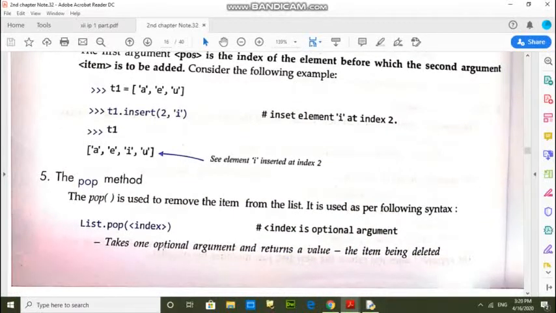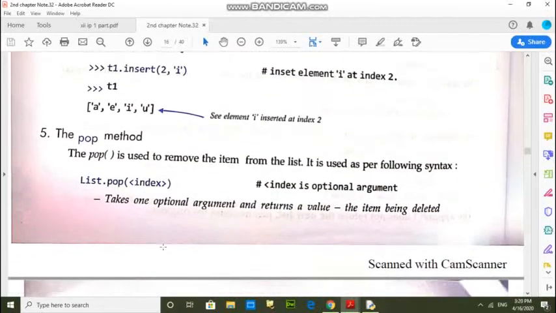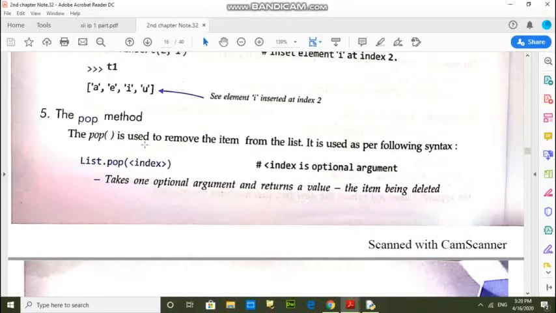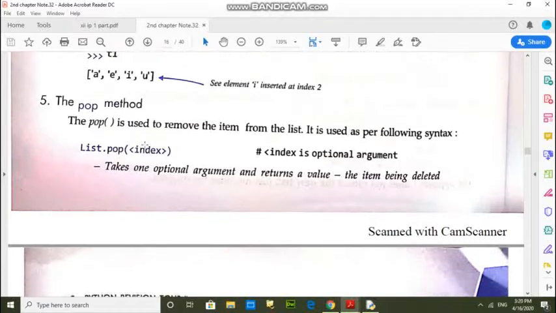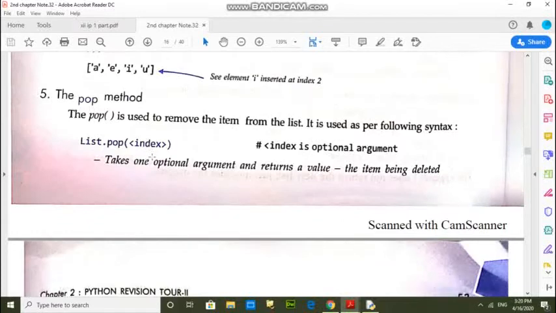And the fifth function is the pop method. This method is used to remove a value from the list, and its syntax is list.pop and the index value. Suppose you are not giving the index value, then the last value will be removed.